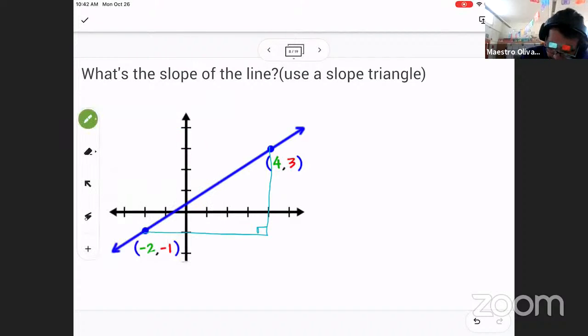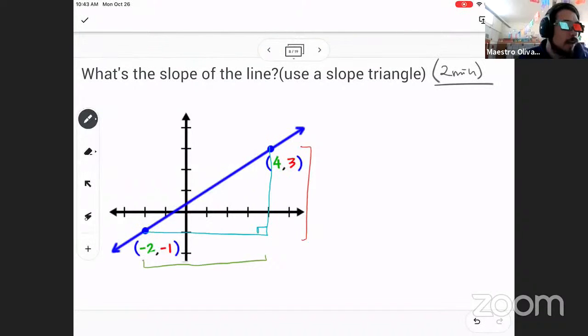So now we need to find this distance, and we need to find this distance. I want to give all of you 2 minutes to try it out on your own. Try to find those distances. And once you find the distances, please write the ratio as rise over run, which remember is the same thing as